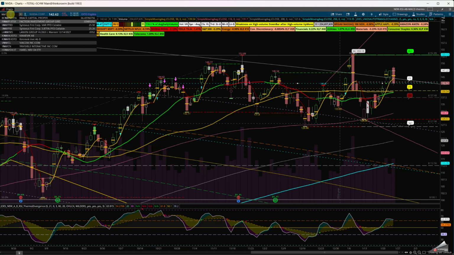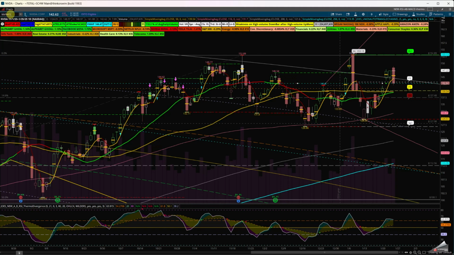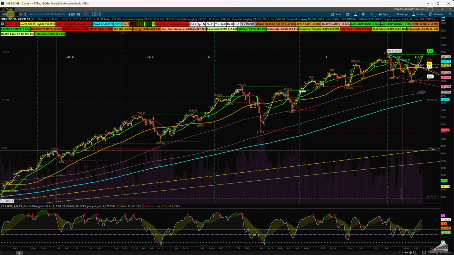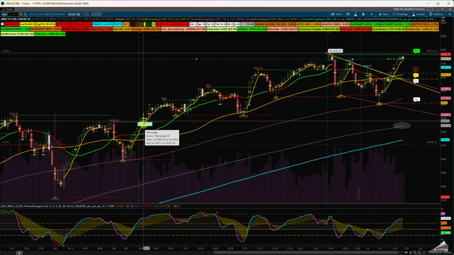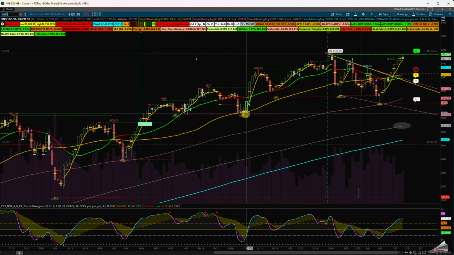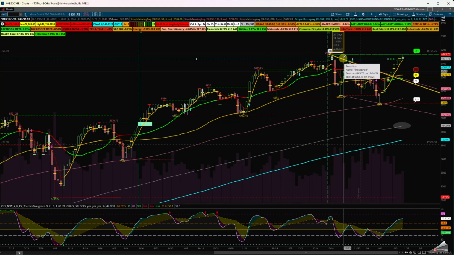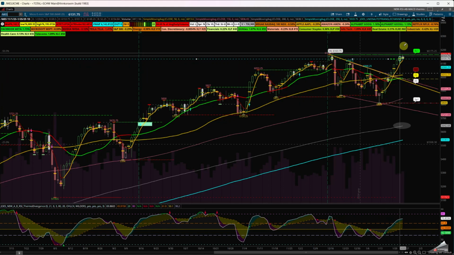Let's take a look at the micro ES. The reason I want to put up the micro ES is that this is the S&P, or you can use SPY, or you can use ES or SPX. It doesn't matter. What I wanted to show here on this range, because this does not show the growth, is that consolidation. The tests 1, 2, 3, and eventually we broke up from here. We had this little gap which we never filled. We rallied, we came back, retested this area, rallied, went sideways, went back down and popped up again.